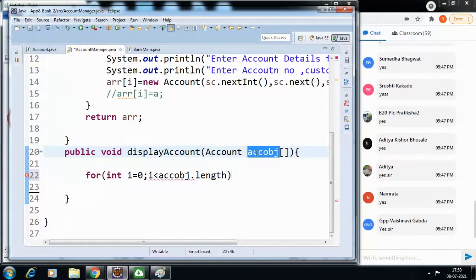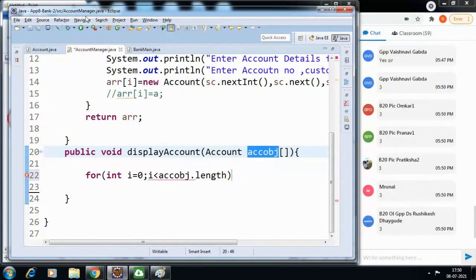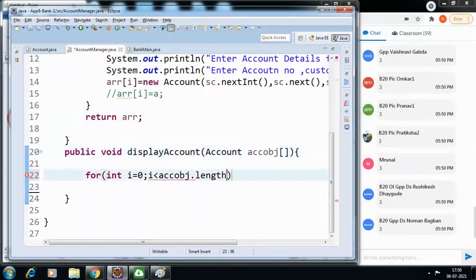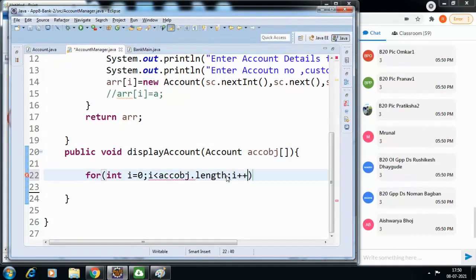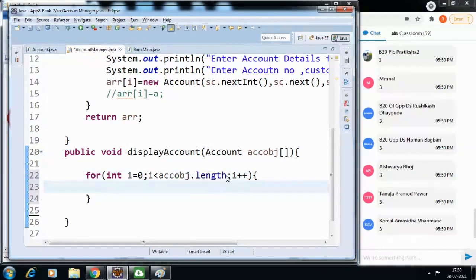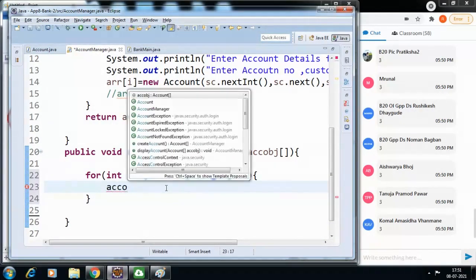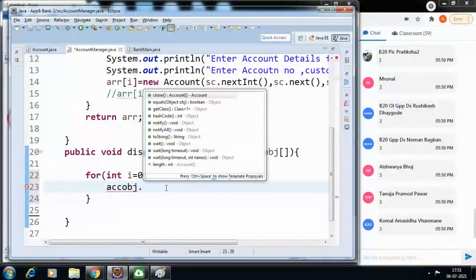Can you tell me how many objects are present inside this array right now? Yes, that's right. There are 3 objects. And here i plus plus. And after this, account object dot